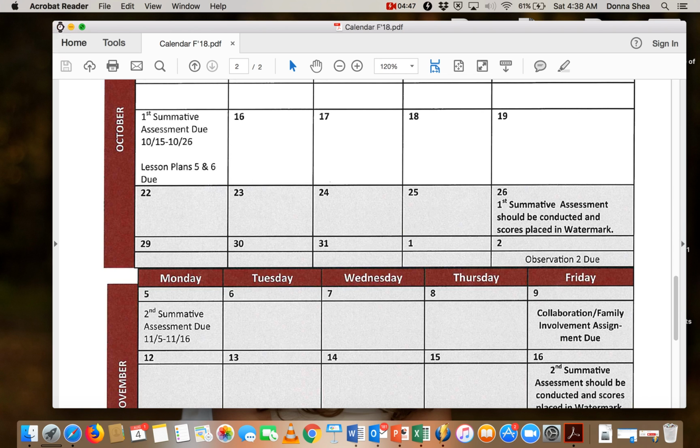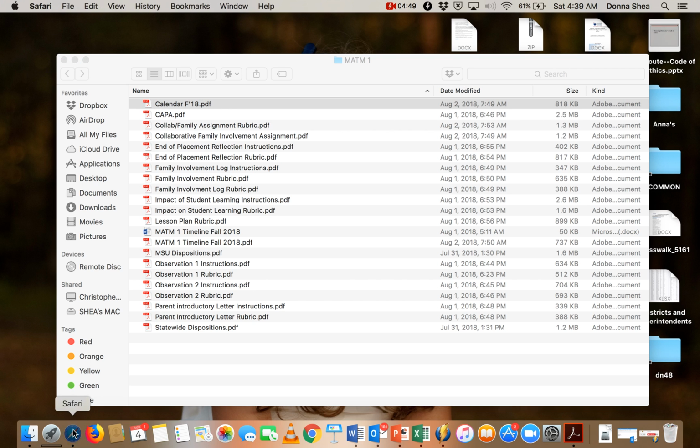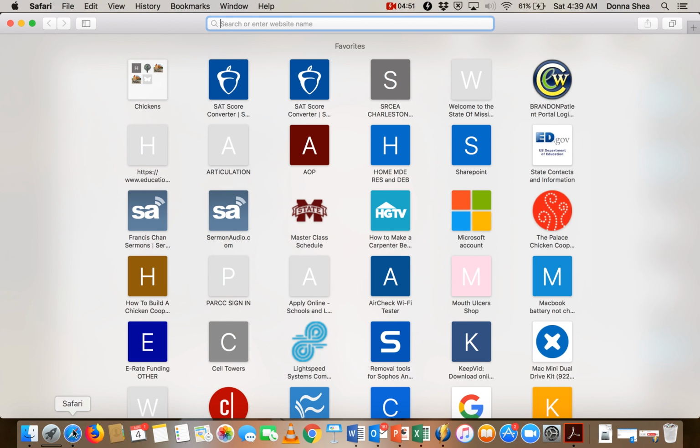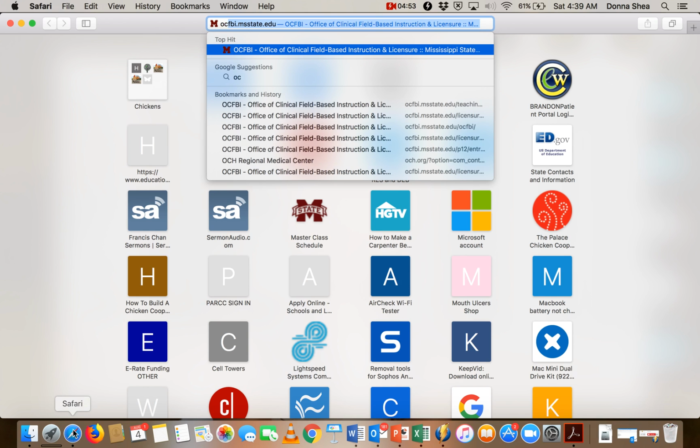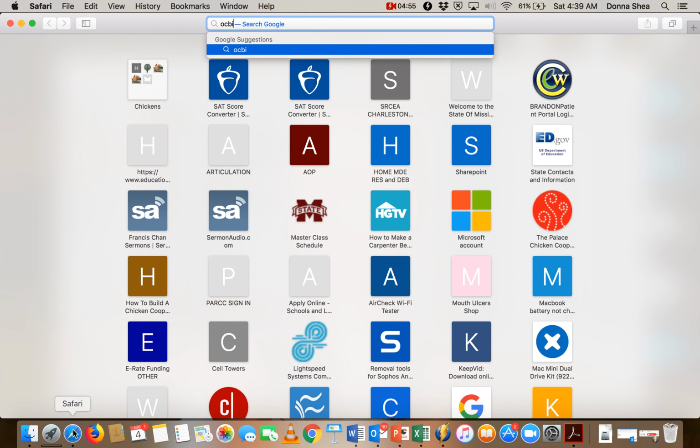And we call that instrument the TIAI. And for training on that instrument, you can go to ocfbi.msstate.edu,